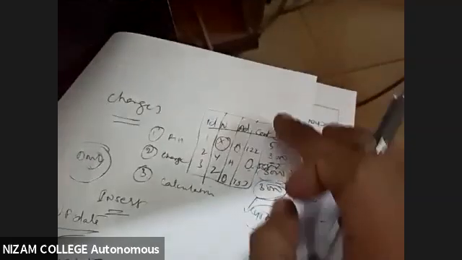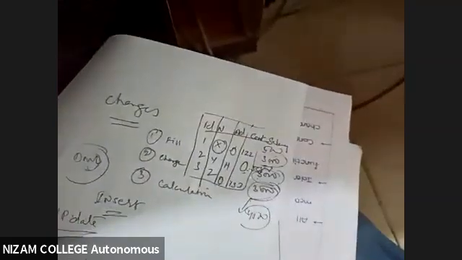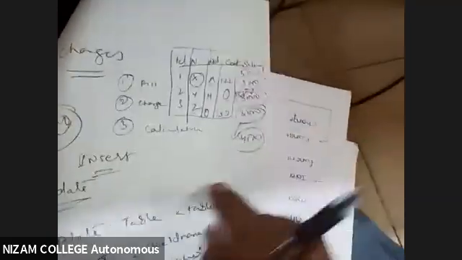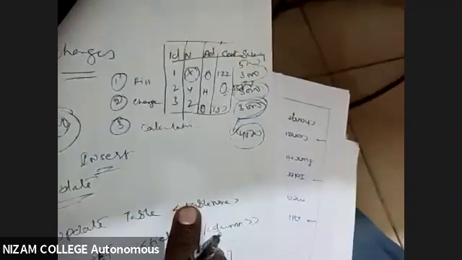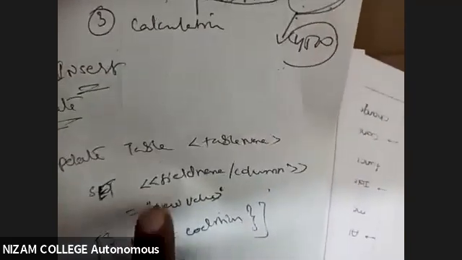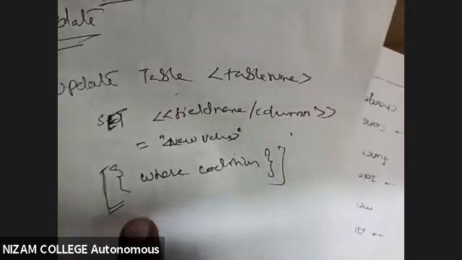But if I want to do changes for all the people, say results or percentage or something like that, then when I'm doing it for all the people, I will not write the where option, because it is optional. So that is what optional means. Depending upon the criteria condition, I'll be using this. Otherwise, if it is applicable for all, I'll be using this one. But if it is applicable for only a few, then I'll be using this.